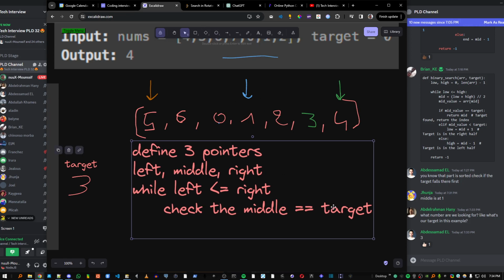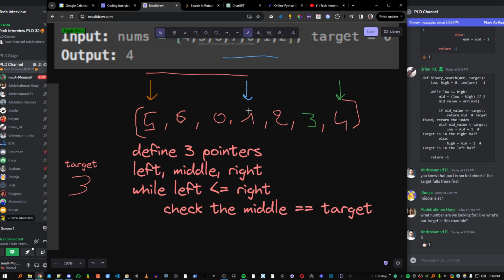now the middle is not equal to the target, so what we're gonna do is compare. We wanna look if this part is sorted, because if this part is sorted I can start from it. If it's not sorted, I'm gonna go to this side, which means this part is sorted. And let's see how we can see if this is sorted. We're gonna check if 5 is less than 1. So check